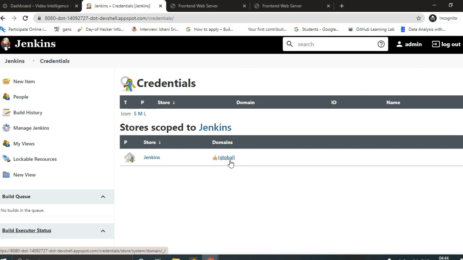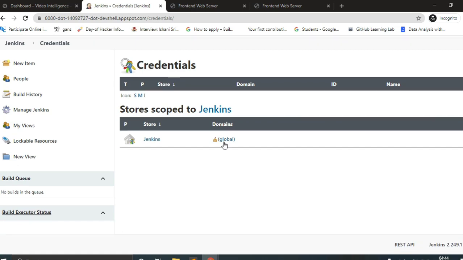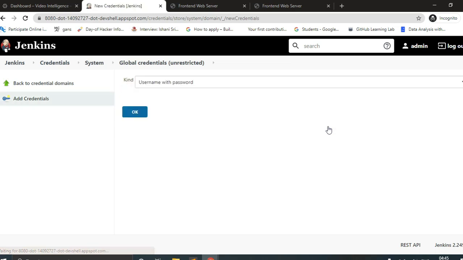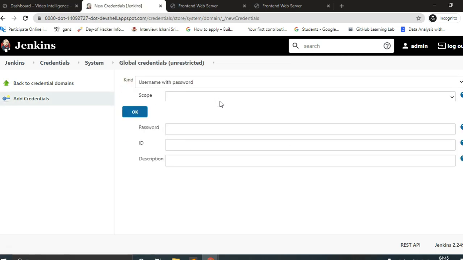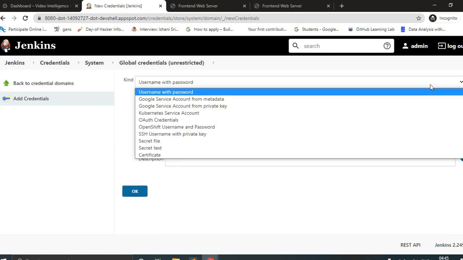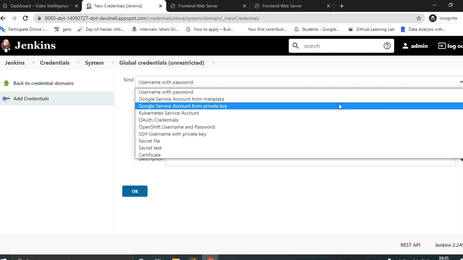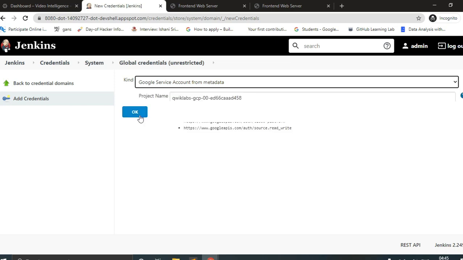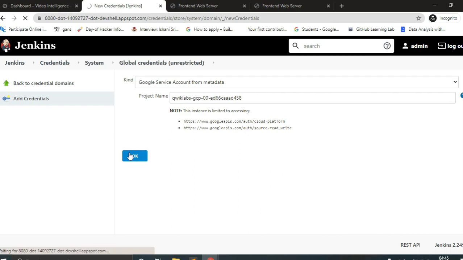My net is a bit slow today, so apologies for that, but we will complete our channel app, adding some credentials, a username and password. And here it comes, so username and password, we will replace it with the Google service account from metadata. And here our project name appears, and we will click on OK.